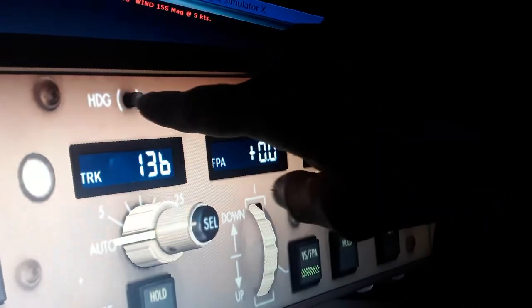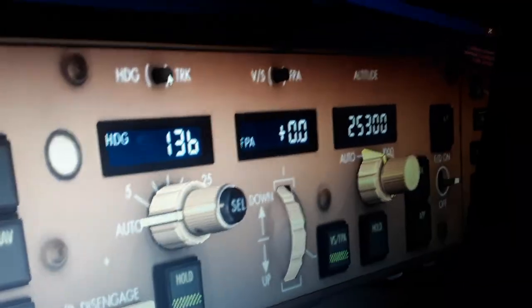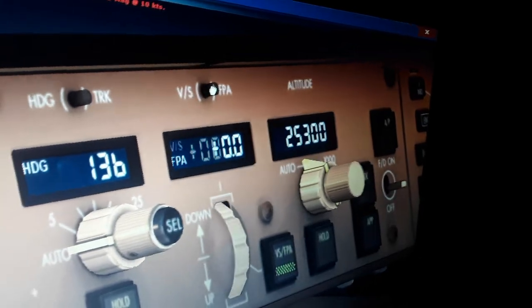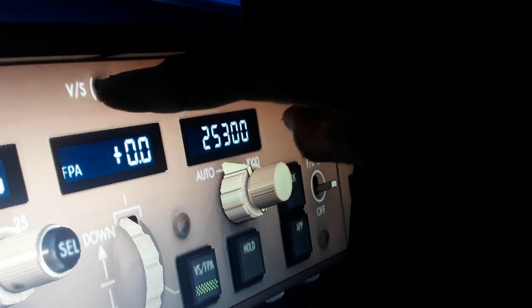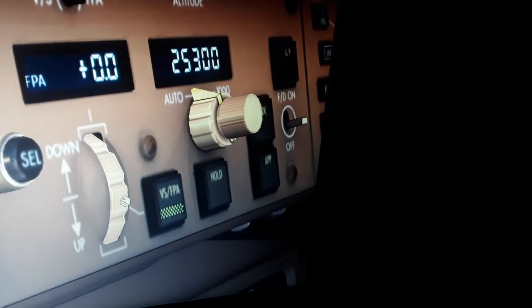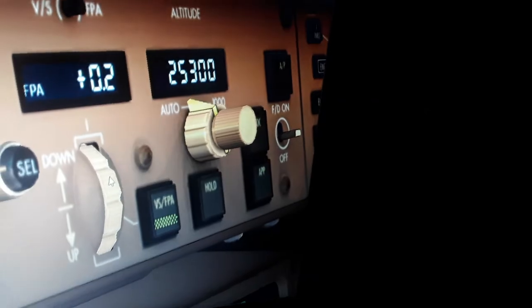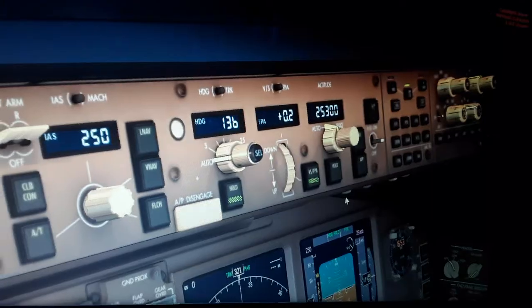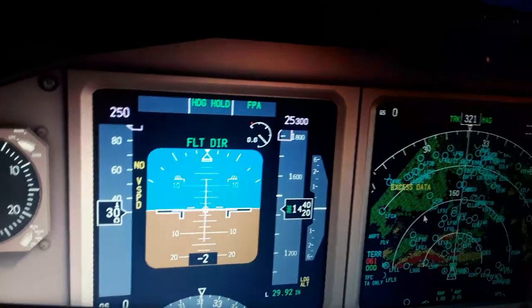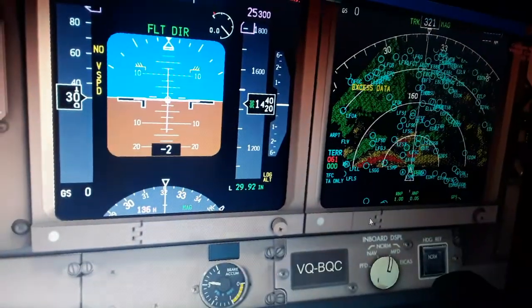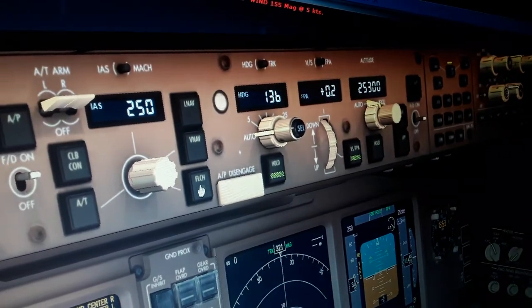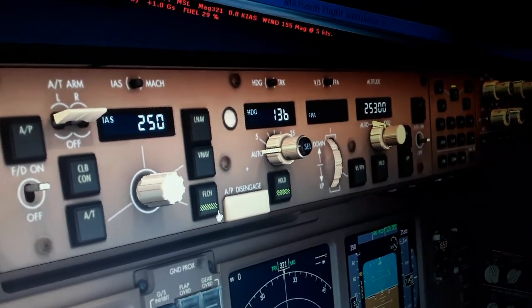You can select heading track with this small button. You can see the heading again. FPA, VS, FPA. You can change this using this small switch over here by pressing this and using this slider up and down to move the switch. So you have now engaged the vertical rate of climb and descent. You will see the VS now as flight path angle for the aircraft to follow. So you can select the LNAV, the VNAV, the flight level change. So when we select the speed guidance,